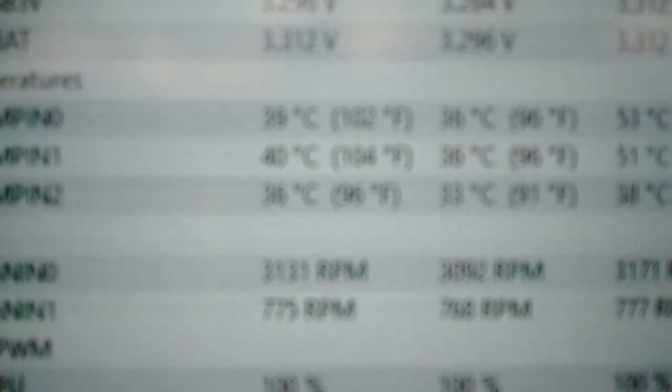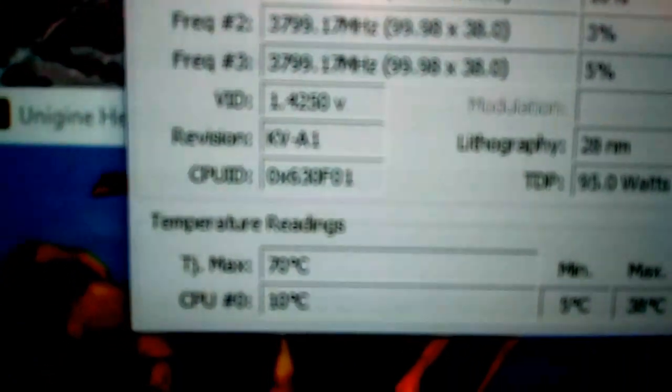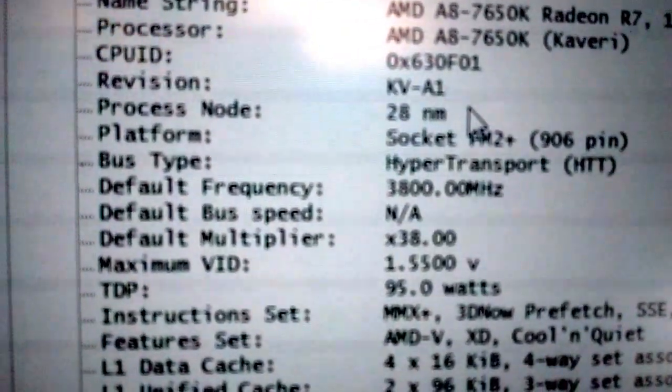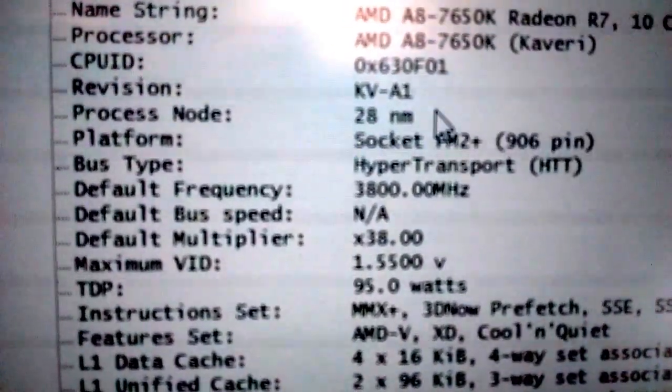Now you don't want to go over 70 degrees on the socket temp and over 60 degrees, I would say, on your core temp. Now another nice option that I found on this, go to Tools, click System Information. It will show you your processors, and your miscellaneous information, where it shows default frequency 3800 megahertz. So what you need to do is go into your BIOS,